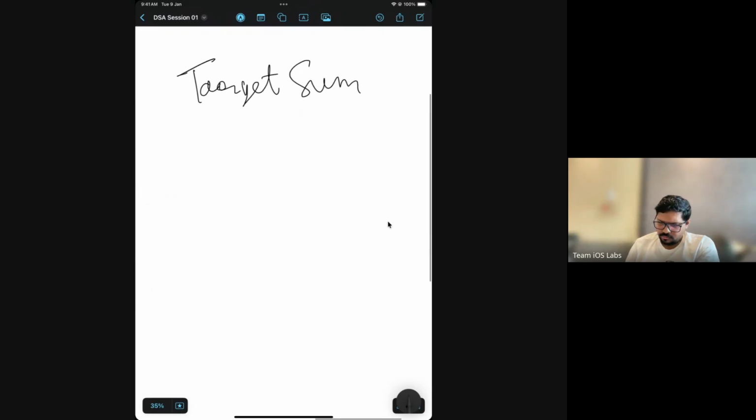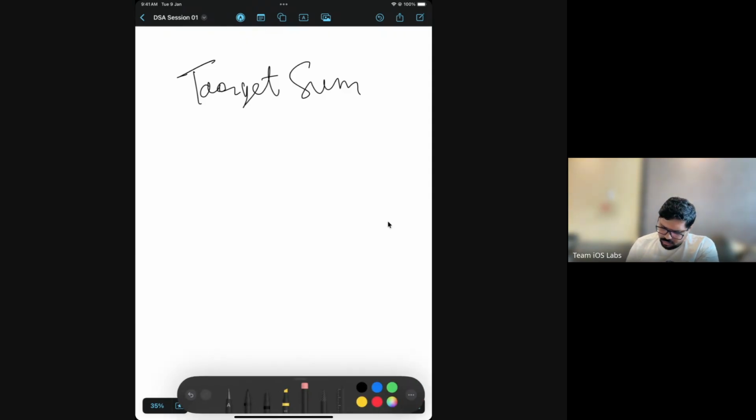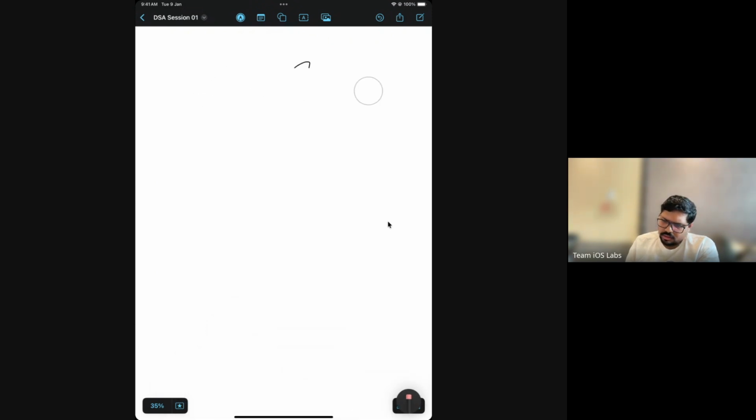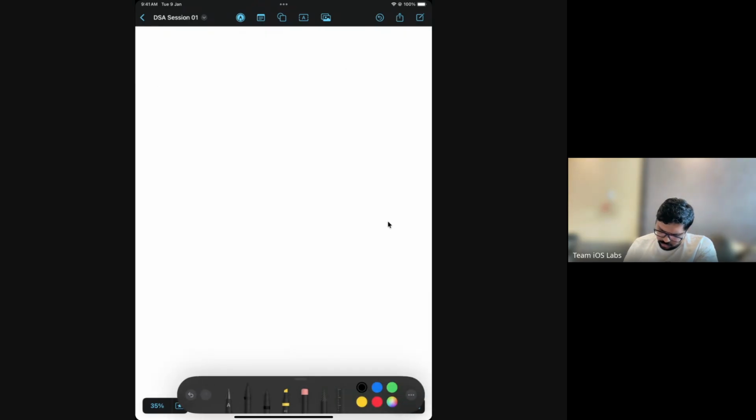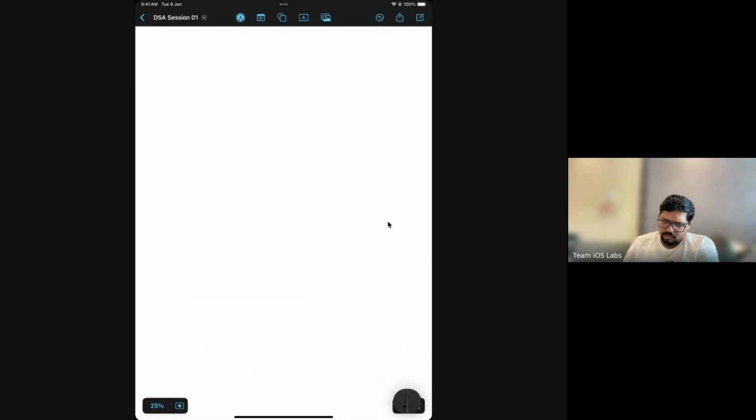Target sum I can say, or sum of pair also. Both are the same only. Sum of pair problem. Okay, so let's take an example again.